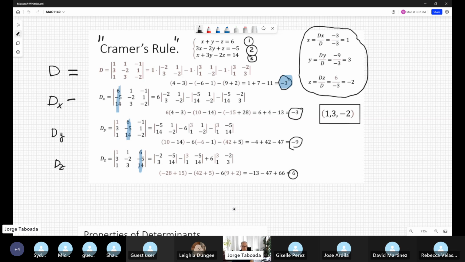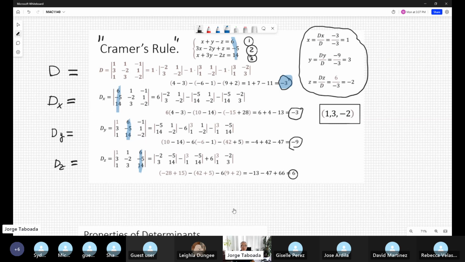Now you compute Dx. Dx is easy. It's the same thing, except you take the right-hand side numbers and you replace the column of the x. That is the reason que es Dx. And we are doing exactly the same. Dy, you replace the column y in the original D by the right-hand side numbers, that is 6, negative 5, or 14. And like what happened in this column, after we compute everything,